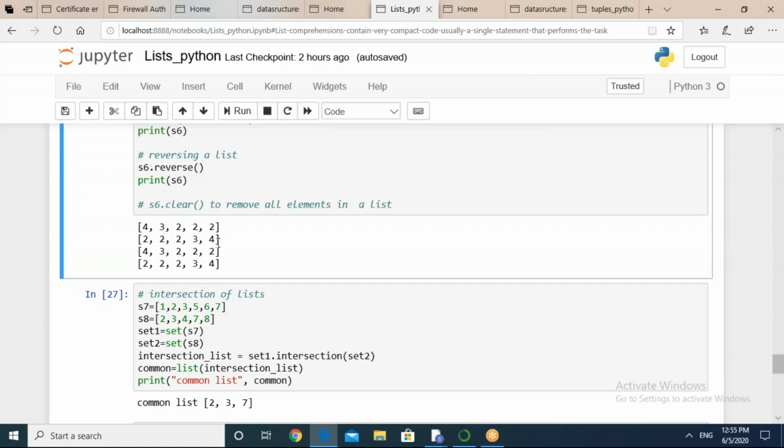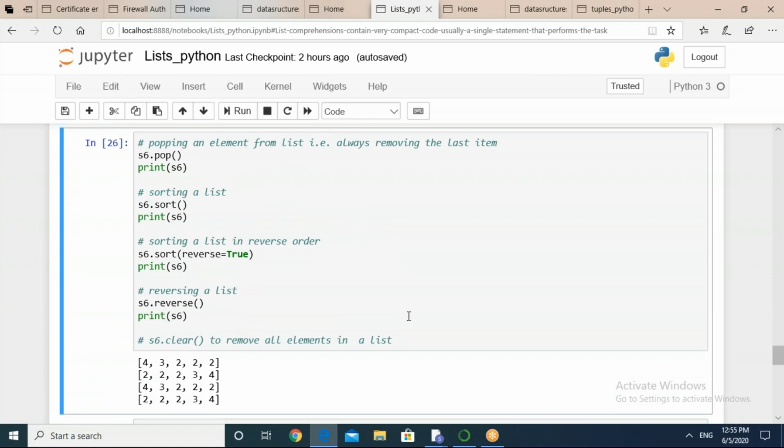It is 22234. So it is in sorted sequence and the order is increasing. But if my requirement is to display the list in descending order, then I will have to make use of an attribute that is reverse. Reverse equals true. This is a Boolean value, that's why it is coming in green color. Make use of capital T, otherwise it will not recognize it as a Boolean constant. So I am using reverse equals true, and accordingly the list will be sorted.